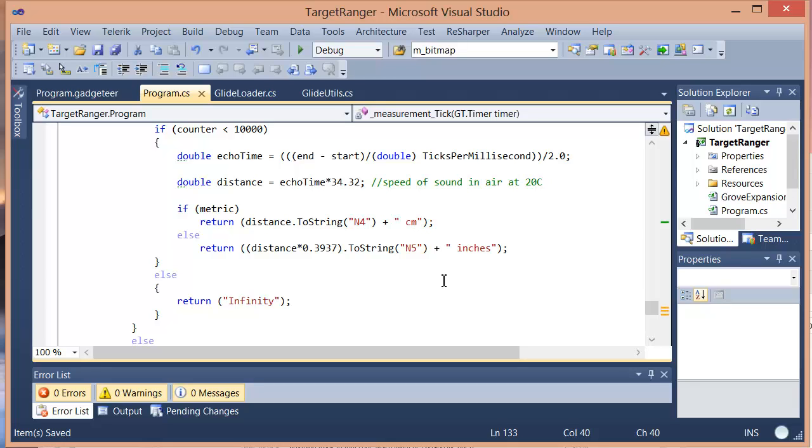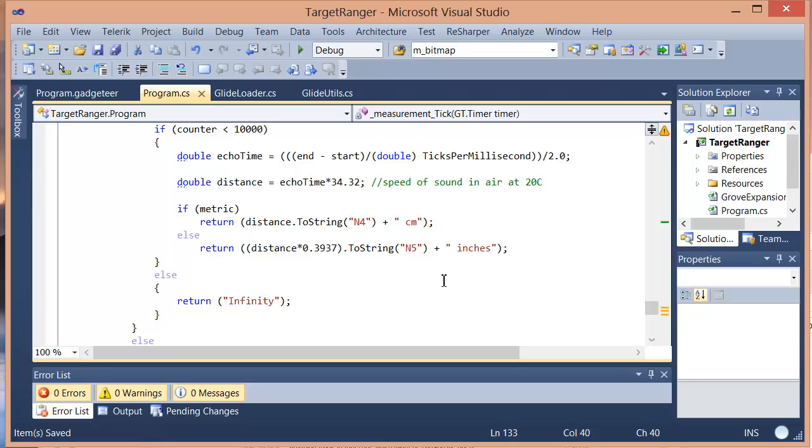I've got quite a few Gadgeteer. You can do pretty much anything anymore with Gadgeteer, with the number of modules. I mean, there is an ultrasonic module coming from GHI, so it would have been far easier to use it than this. So let's go take a look at